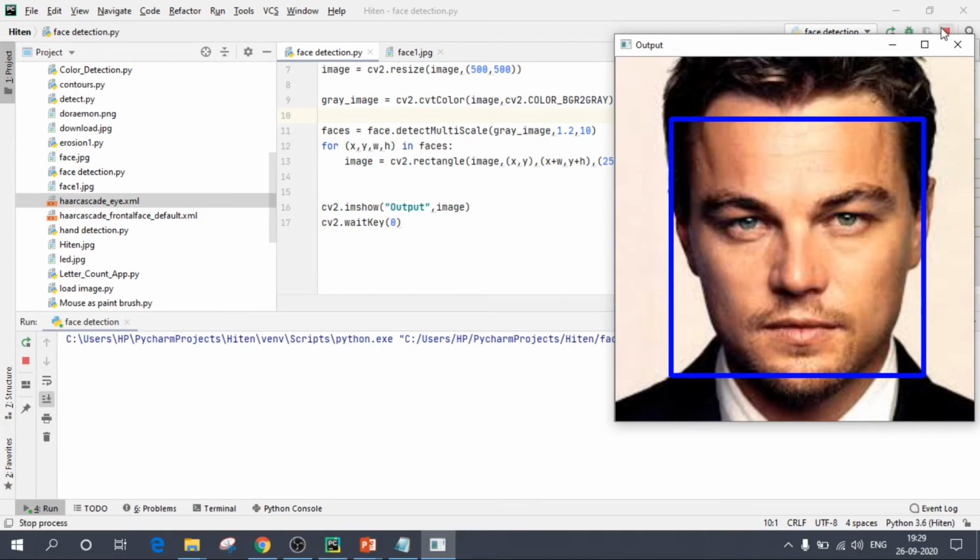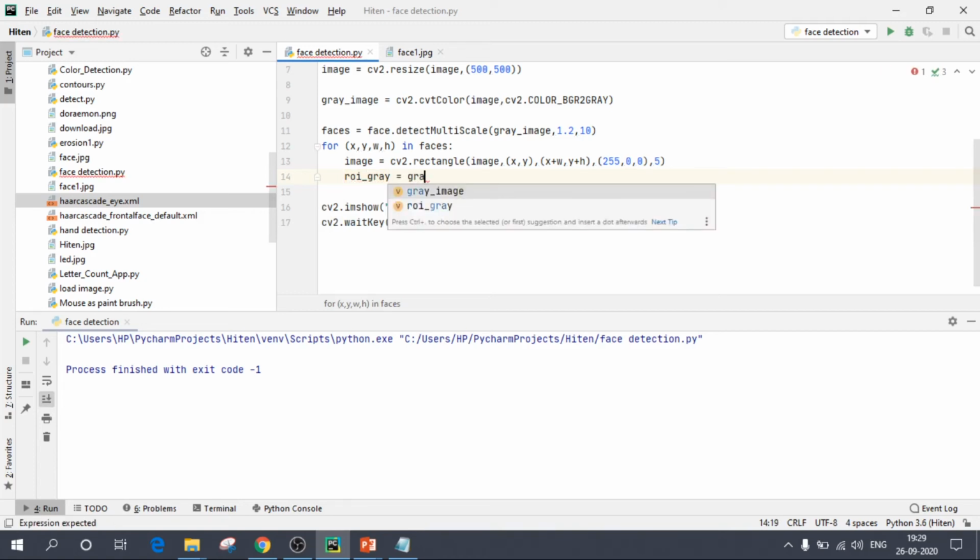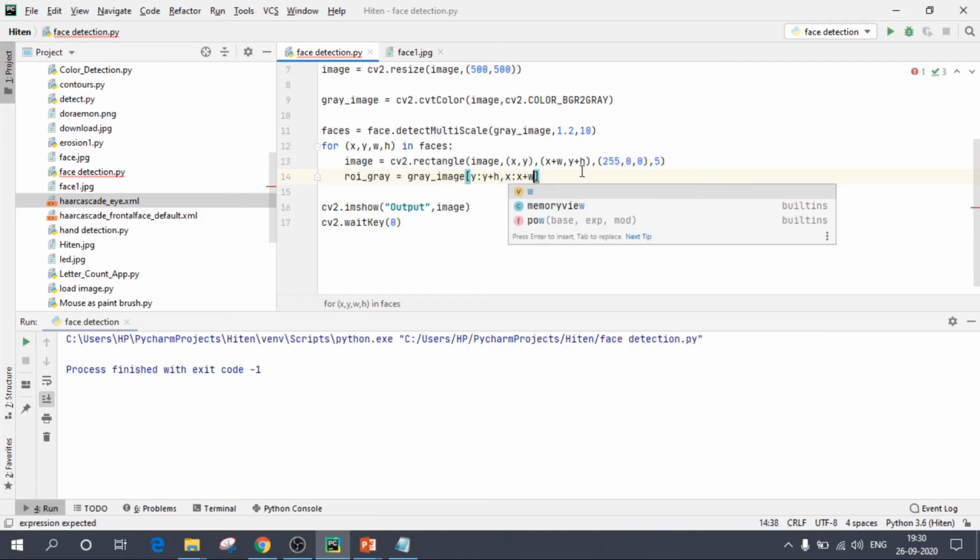So what we can do over here is create a variable named roi_gray. ROI means region of interest. roi_gray equals to, we'll pass the gray image, and create an array of y to y plus height, comma, x to x plus w. So this is nothing but what we are doing: we are creating a region of interest inside the detected face.